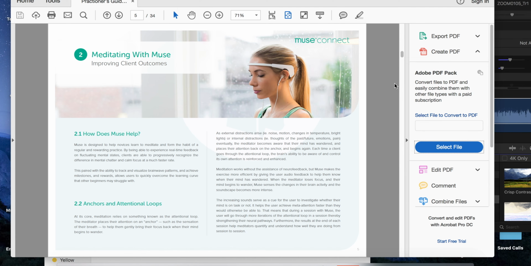The idea is that using the Muse, the landscape audio feedback changes before you would have noticed before. So you get more of a direct feedback and bring your attention back to the breath quicker than if you had not had that audio feedback. And throughout the session, you're going to have more of those attention loops, which further solidifies those connections in your brain that make it more easy for you to get deeper into a meditative state and have better sessions as